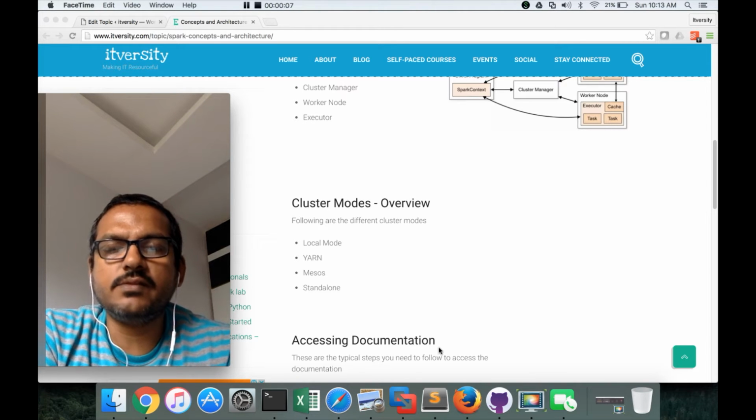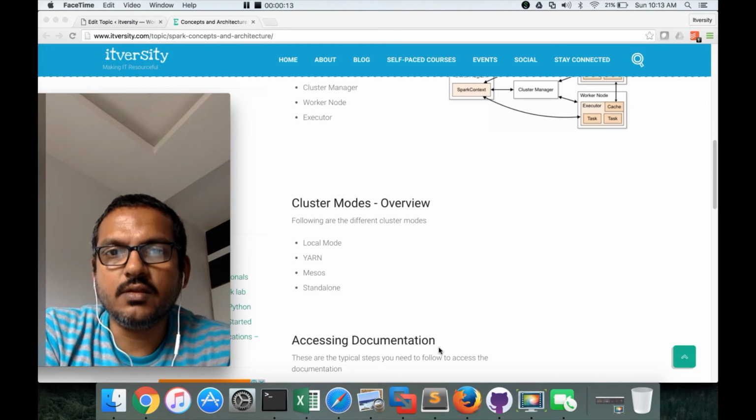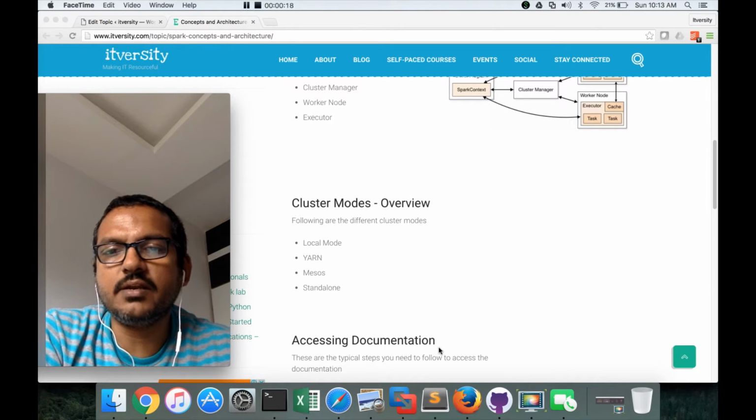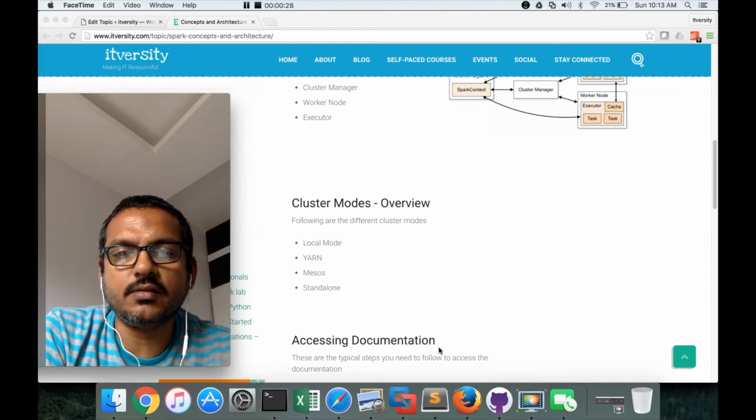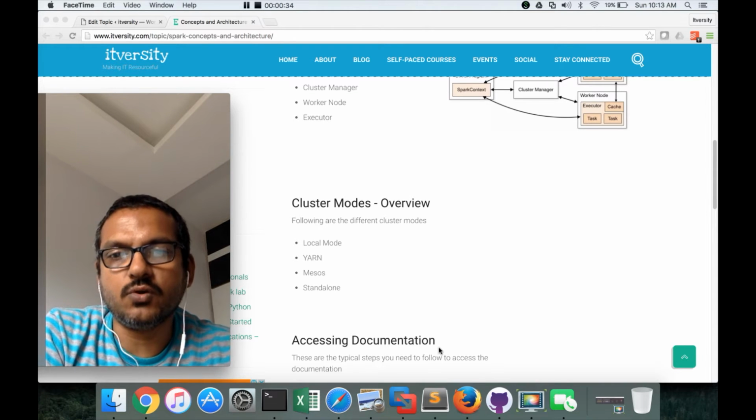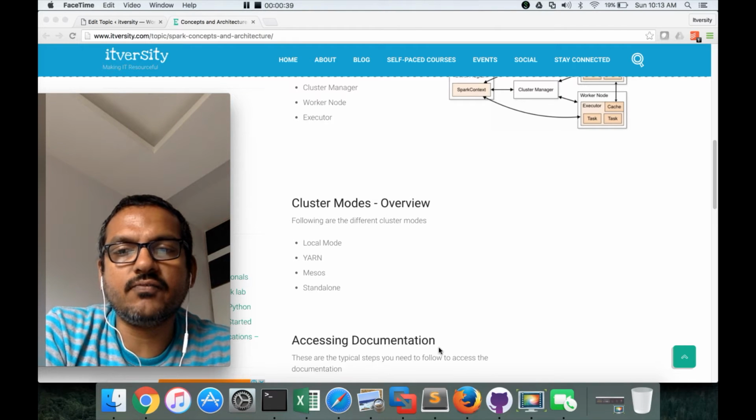As part of this video, we will see what are the different modes you can run Spark applications. Typically we will be running in cluster mode in production environment, but in development, you might not have the cluster. For example, I have set up environment on my Mac earlier, and when I submit the Scala script or Python script, it actually ran in something called local mode. So in local mode, there will be only one JVM created, and that JVM will take care of executing the end-to-end Spark program.